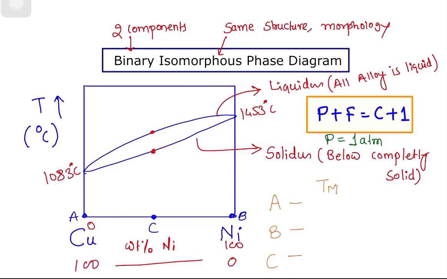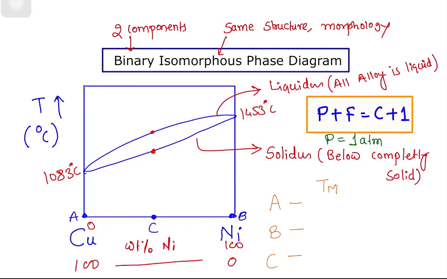So we can see here we have a sharp melting point, here we have a sharp melting point, but in between there is a diffuse melting point. This diffuse melting point is due to the difference in the bonding, because there are two different elements. Different elements have different bonding and their melting points are different. So the first element will melt as compared to the other, and that's why there is a diffuse melting point.